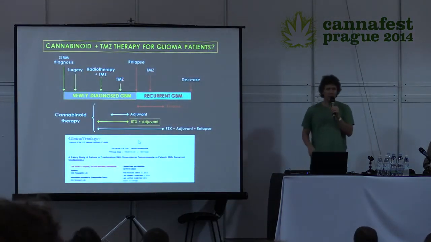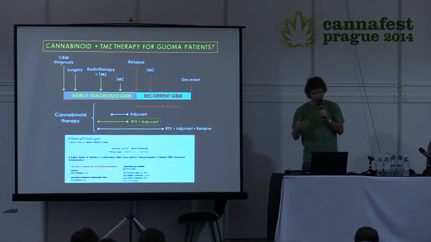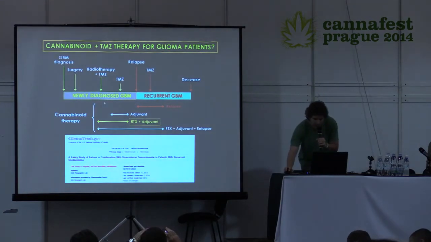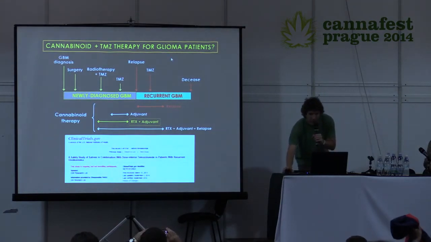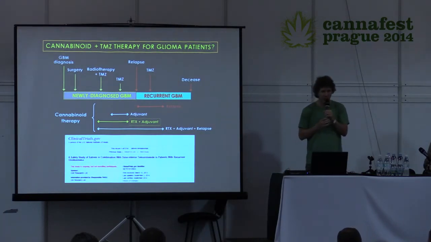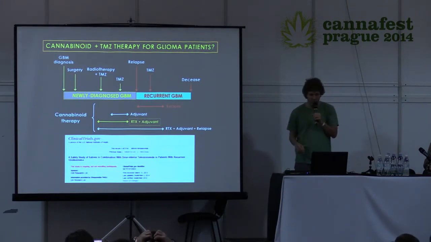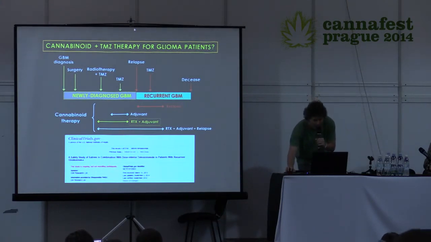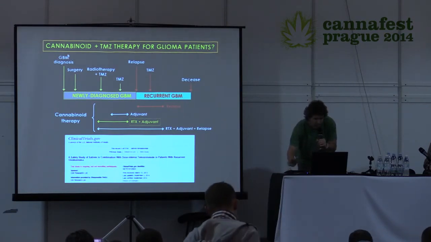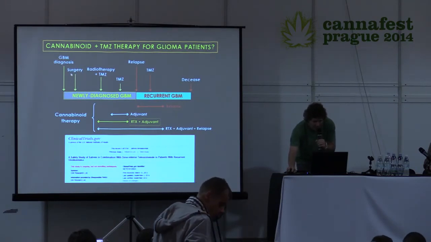So in this respect, this is one of the types of cancer in which we have succeeded in going to the clinics. This is the typical evolution of a glioma patient, a brain tumor patient. This cancer is extremely aggressive, together with pancreatic cancer. They are the two most aggressive types of tumors nowadays. And when a glioblastoma multiforme, that is the name of this aggressive brain tumor, is diagnosed, some patients can be